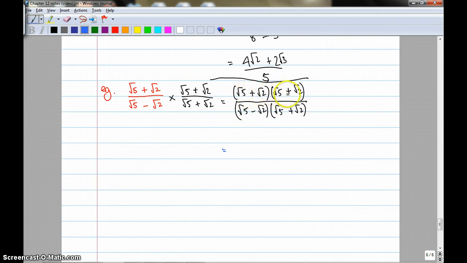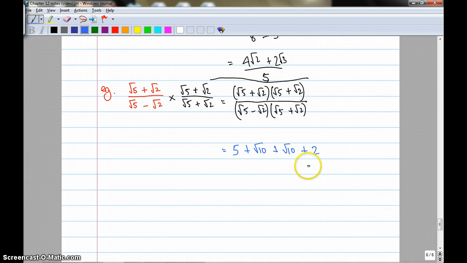The top. Now don't be lazy with the top one, and don't make these mistakes. When there's a plus and a minus, the middle terms will cancel out. But if there's a plus and a plus, the middle terms won't cancel out. Let me show you what I mean by that. We'll do the FOIL on this first, which is root 5 times root 5, which is just 5. And then inside, root 2 times root 5, plus root 10. Outside, plus root 10. And then the last,